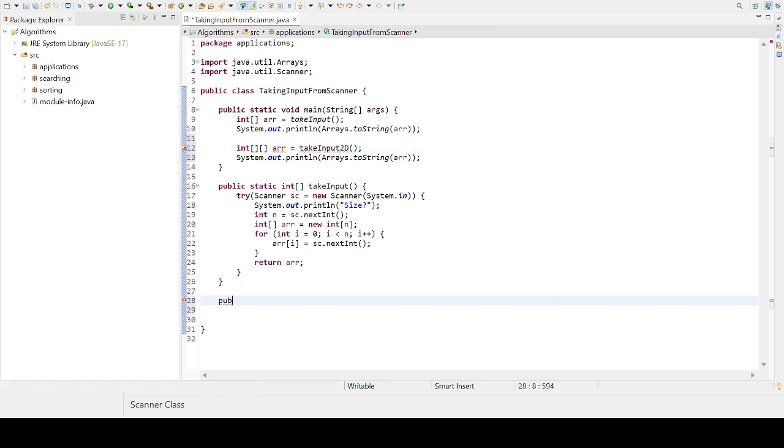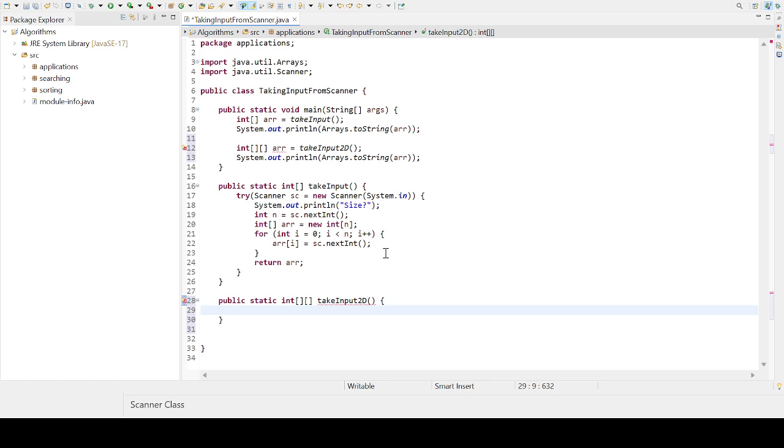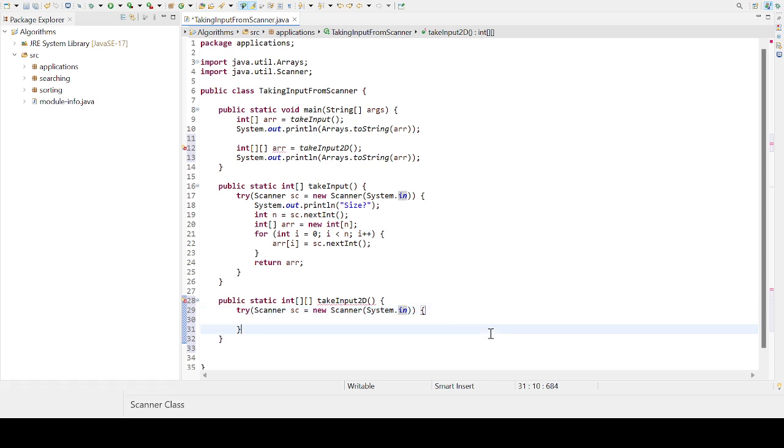Public static int 2D, take input 2D. Inside this, again we will create a scanner class, inside try with scanner, we will pass System.in because we are reading data from console. So for that we are passing System.in. And inside this again,